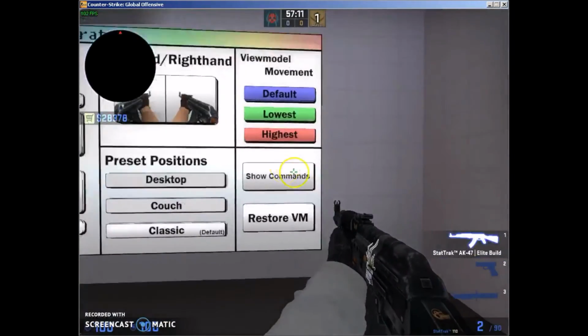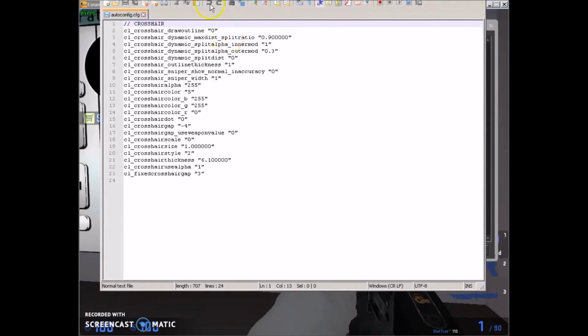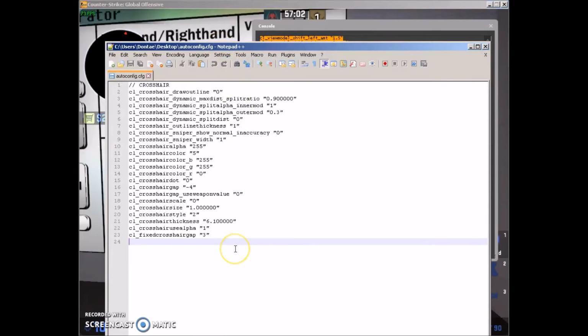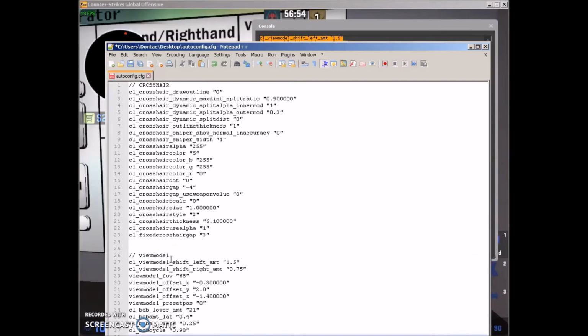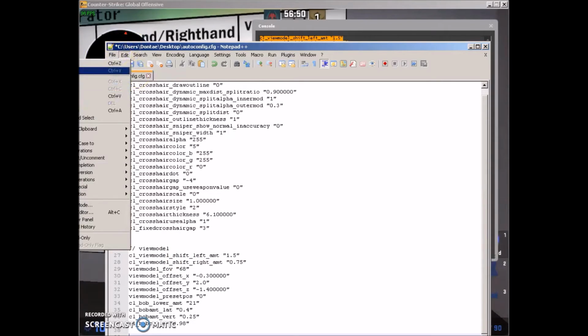I'm going to save it, so you're going to go to show commands, go to this code, and copy it just like we did in the last video. Open our auto config file, go to the bottom, and put the 2 slashes like we did up here for the crosshair. We're going to type Viewmodel, and this is just to let you know that this code is for that Viewmodel. Paste it in there, save it,